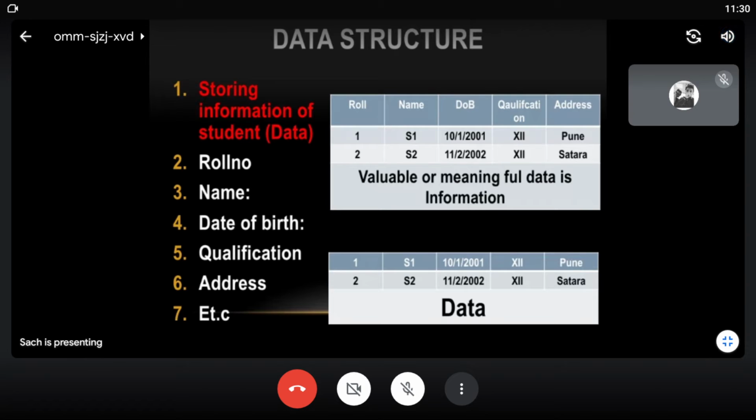1, 2, you can just imagine that either they are serial numbers or something. We cannot predict what S1 and S2 are. We can predict N1 2001 is some date, but which date is it? Either admission date, joining date, or leaving date. So it is not clear from the table. It is just a plain date. Similarly, we have 12th and we have Pune. So removing the header, we find there is lots of confusion.